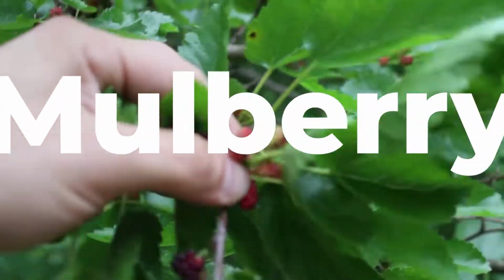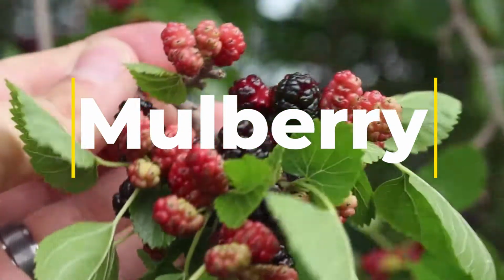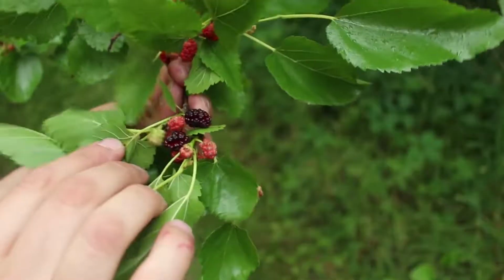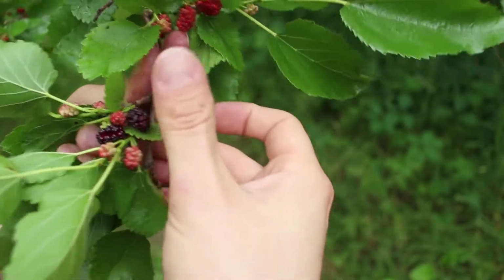Mulberries tend to be a bit harder for hikers to identify, simply because so many people haven't had them before. They actually look a lot like blackberries, though they come from a tree rather than a bush on the ground. There are many different types of mulberry trees out there, but most are quite small, no more than 9 feet